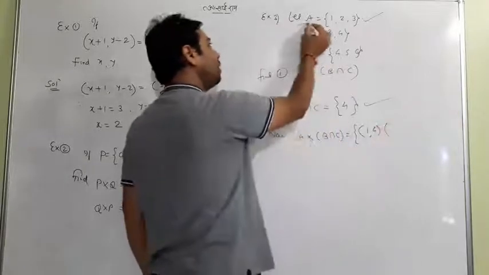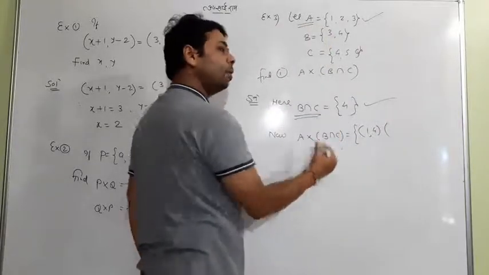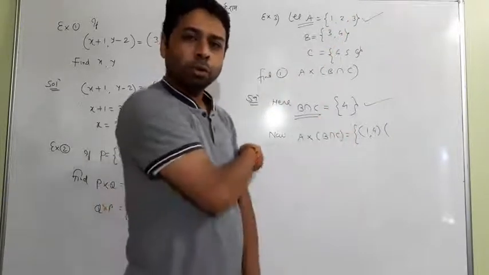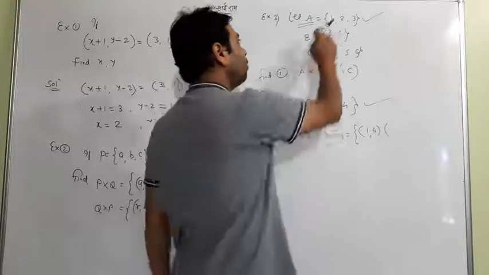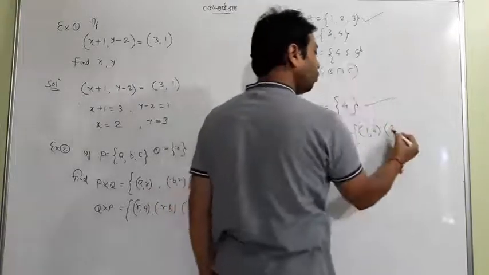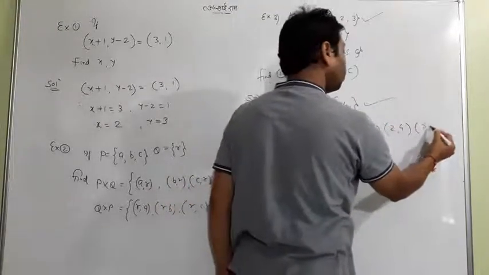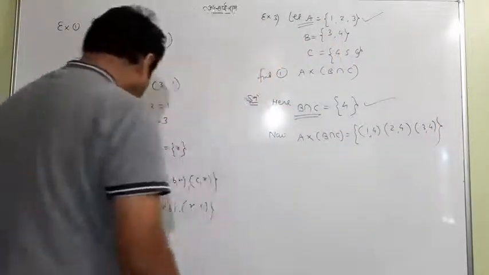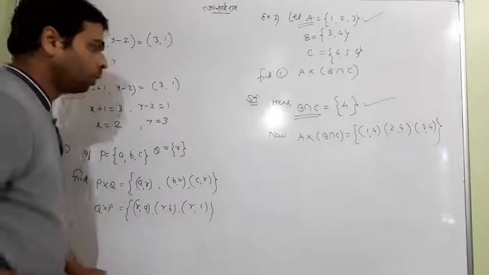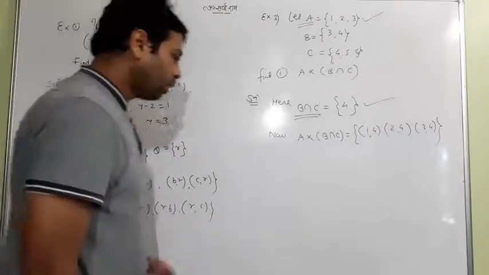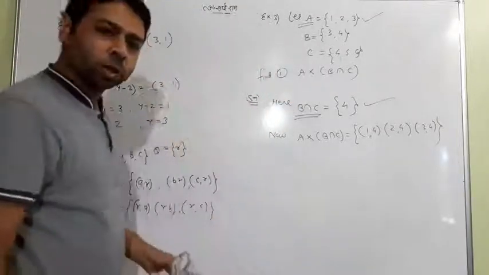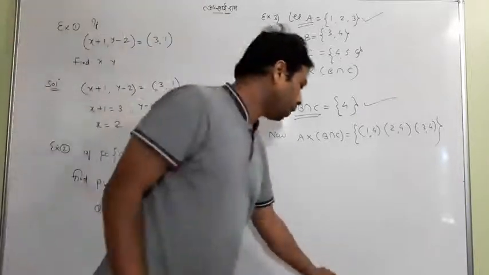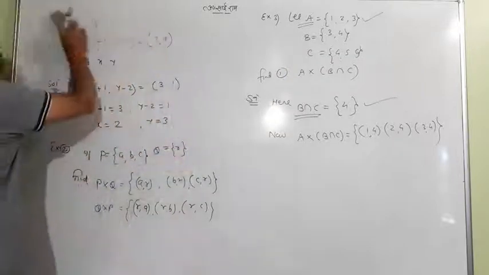Because now you are finding the Cartesian product of A and B intersection C, first element of A and second element of B intersection C. So it's 1 and 4, 2 and 4, 3 and 4. And that's enough. I hope, students, you can do the rest of the questions, because all are very easy. I don't want to discuss them. You can simply find the intersection or union, whatever is told, and find your required Cartesian product.